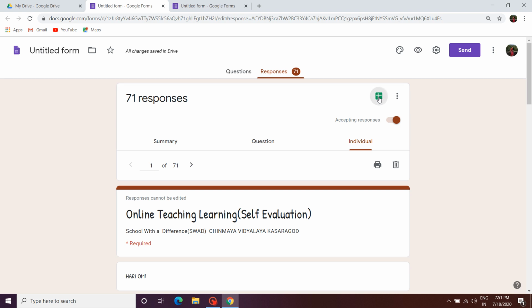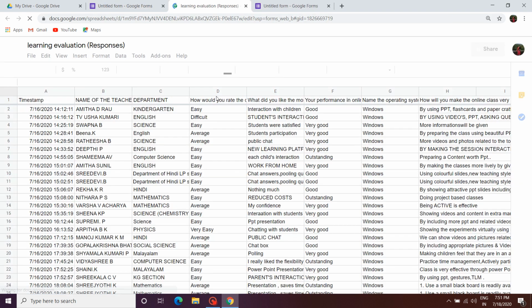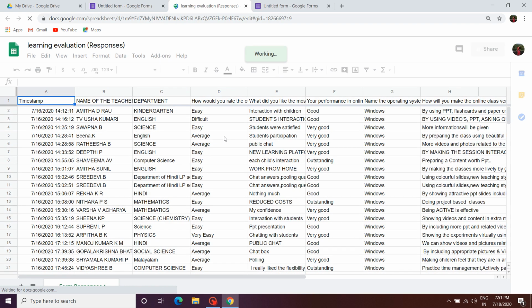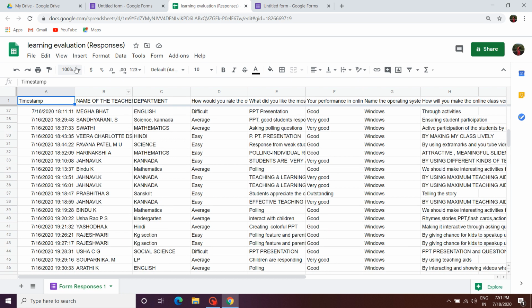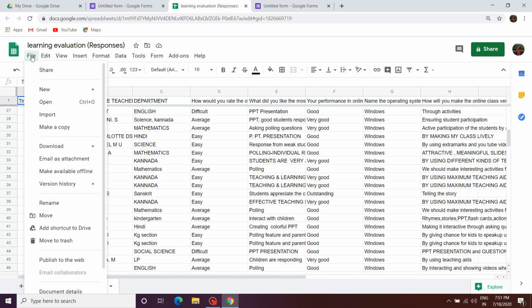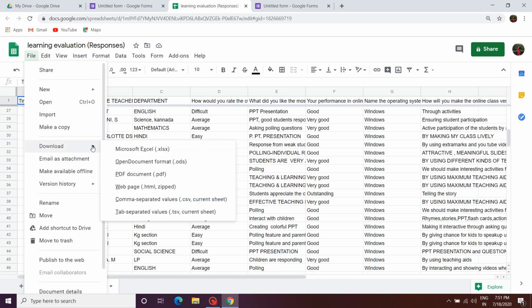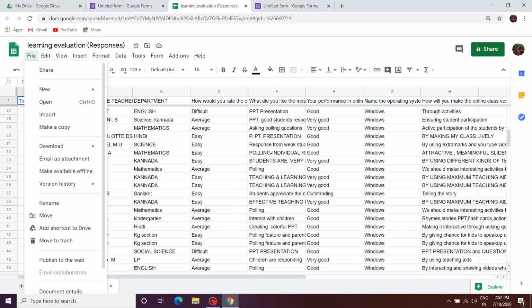Just click on this icon and it will automatically display the responses of that particular Google form. Clear? Now, how to download? You can see here File. Click on File and just download. We can download through Excel or PDF format. Anything you can use. That is how we can download